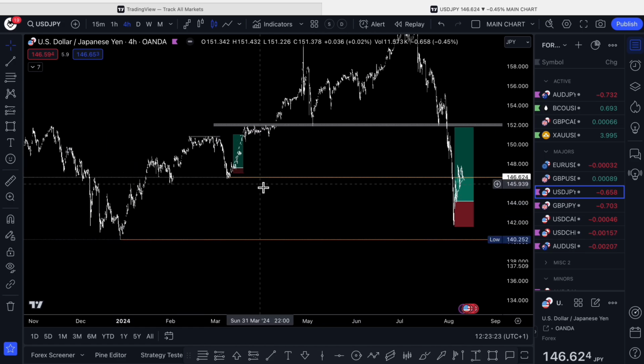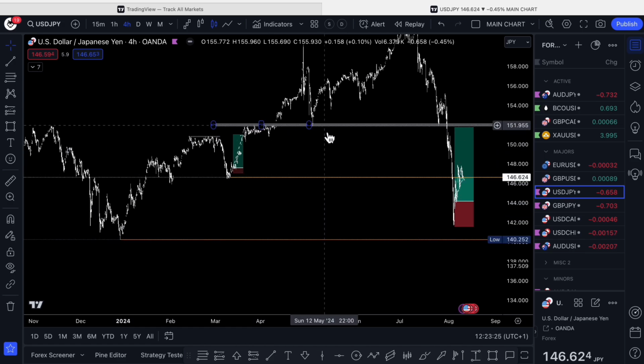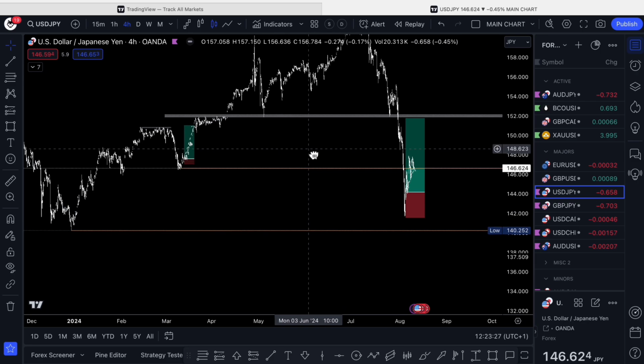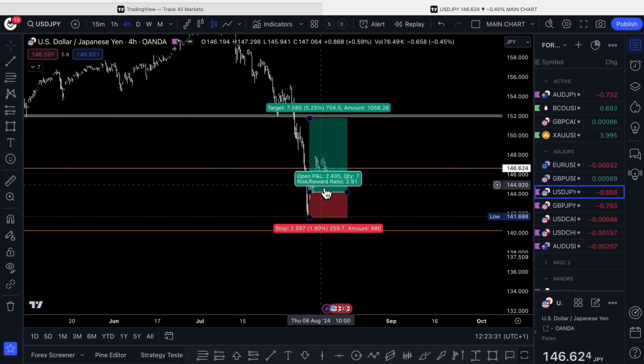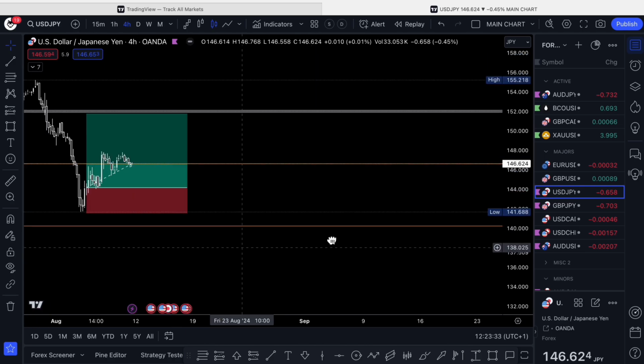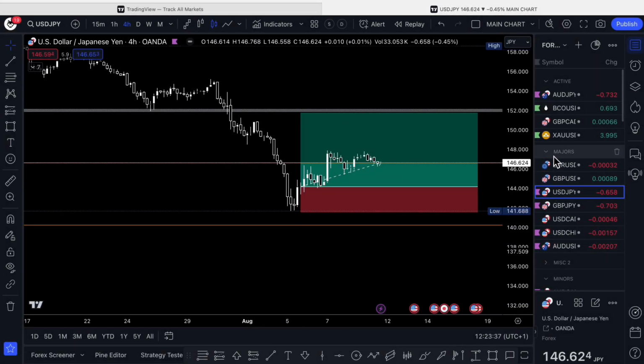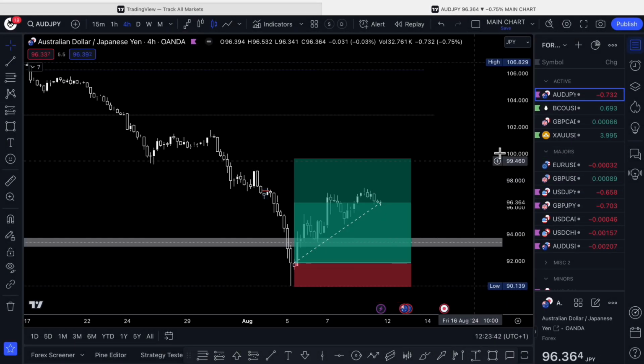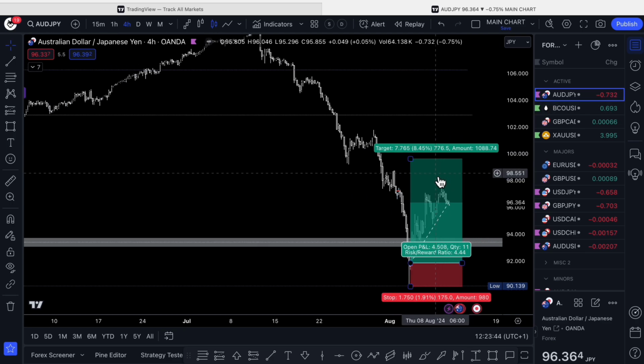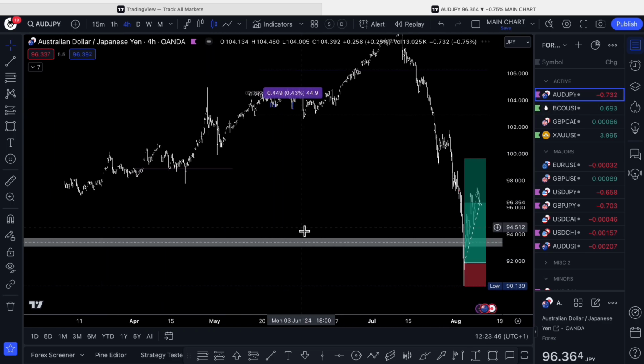Points of interest here, here, and here's a support level. And what we're going to look for at these levels is big tails on the candles appearing. So we'll just zoom in and go over the strategy again. So if we come up and we'll go to AUD JPY,